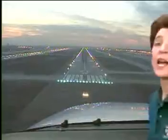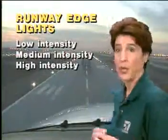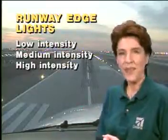Now let's look beyond the approach lights to the runway itself. As you may know, runway edge lights come in three flavors: low, medium, and high intensity. Kind of sounds like microwave settings, doesn't it? Normally, only medium or high intensity runway lights are used on runways with an instrument approach. The intensity levels for medium or high intensity systems are variable and can be stepped down in increments to lower